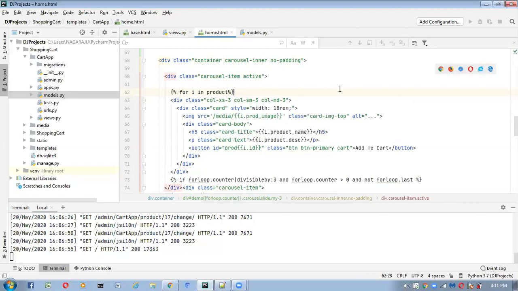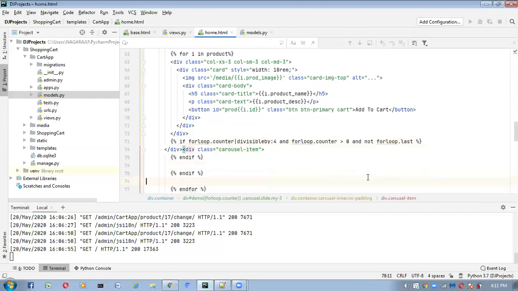So next, what I am doing here. See, this one I want to correct. What we have to take is divisible by 4. Save this one, divisible by 4 we have to take it here.